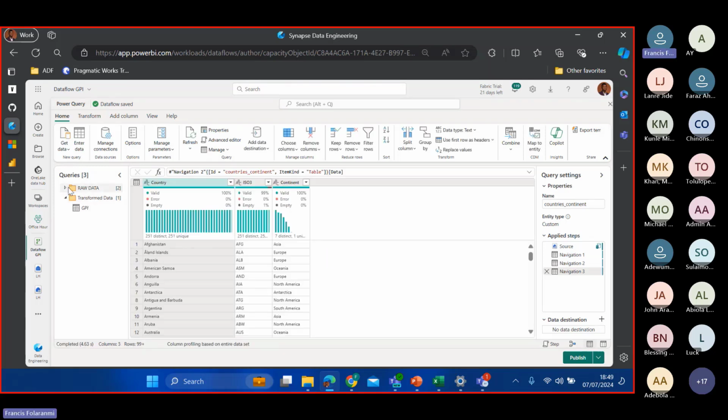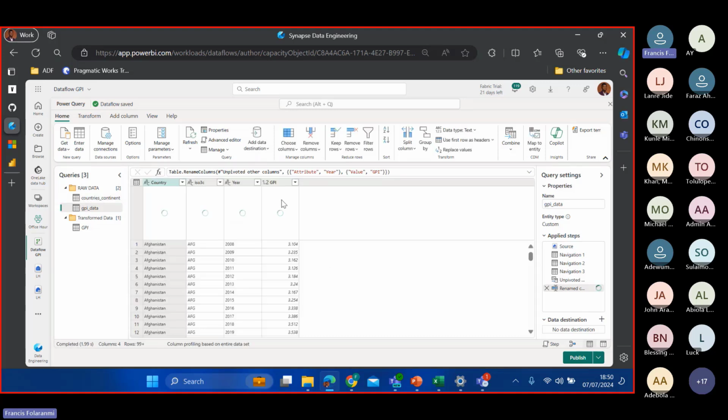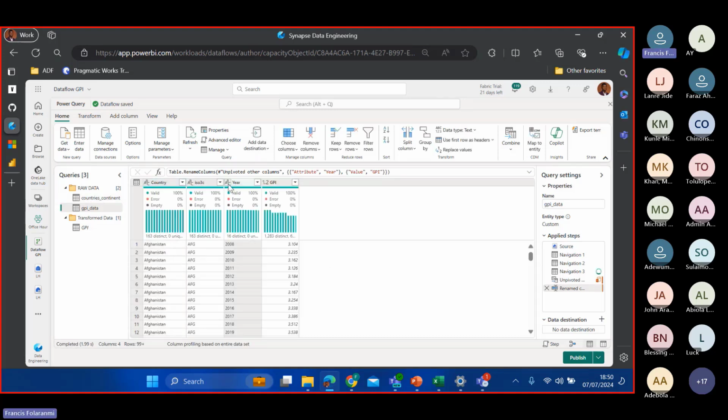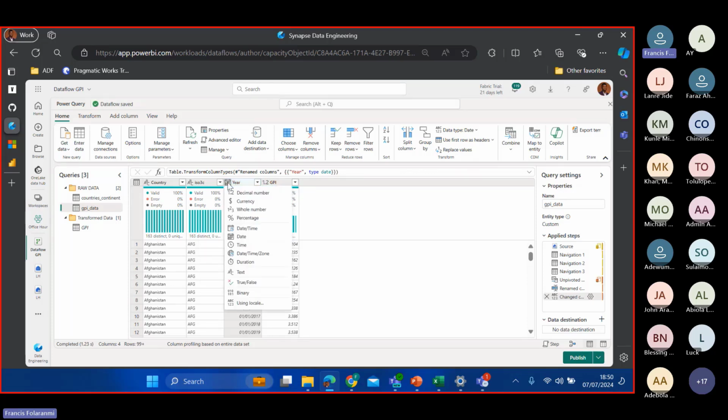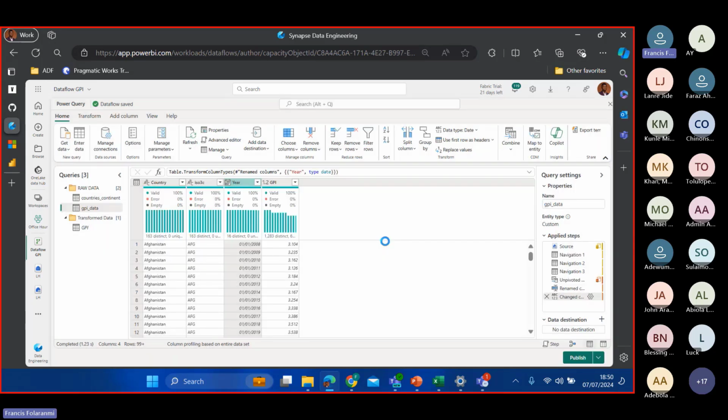Here, I think I can do it either from this raw data right here, or I can do it here, but I prefer to do it from the raw source, and then I will change this one to dates first. If I change to this time first, the machine is probably just going to be confused. So then I will change it to date time now. I can add a new step, and then that will be available in this time format.